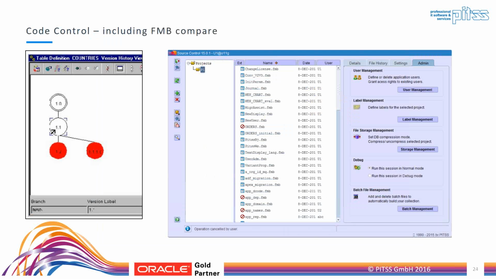Code control. For my sins over the years, I looked after a lot of the repository versioning and control software that was produced. On the left-hand side here, you can see a version history viewer of a particular module or file. It went from version 1 to version 1.1 and then split, so it had a branch out to another version. Pits has a very, very similar concept where we can load all the files into the repository,